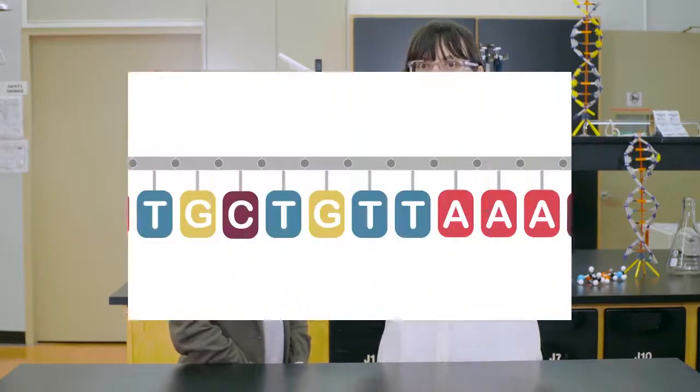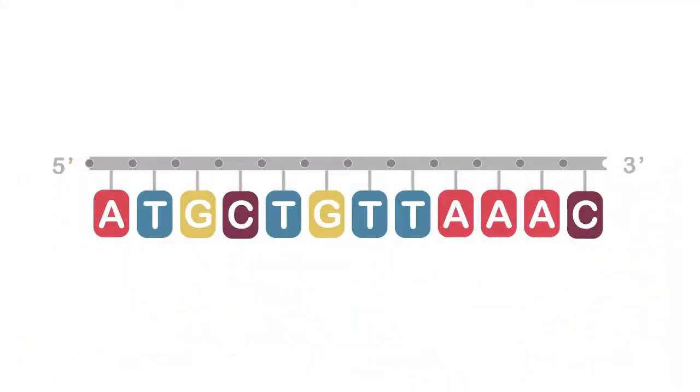Let's say DNA polymerase is in the process of building along this segment of DNA. The correct sequence, according to Watson and Crick's rules, would be